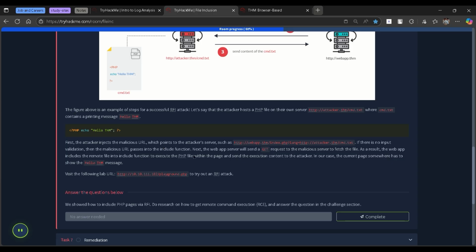Here is an example of the steps to a successful RFI attack. Let's say that the attacker hosts a PHP file on their own server, attacker.thm, where the file contains a print message, hello THM. This is the file address. First, the attacker injects a malicious URL which points to the attacker's server, such as the HTTP